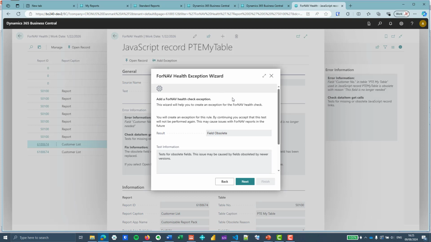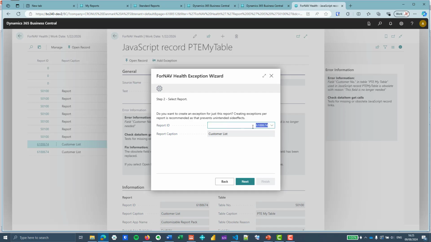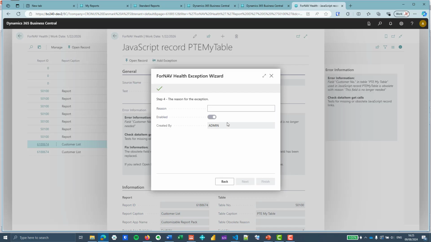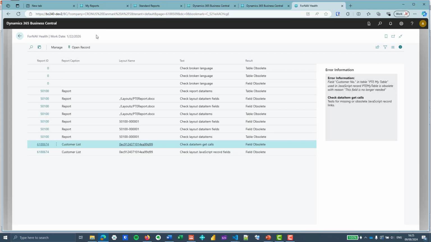And if you add an exception, it will give you the add exception wizard, where you can see that this is now for the customer list only. I don't want this for the customer list only. And it will tell me that the issue that I'm blocking is the table number 50,100 and the field number for customer number. I need to specify why. It is not important for me. It is created by me, and I'm going to finish this,